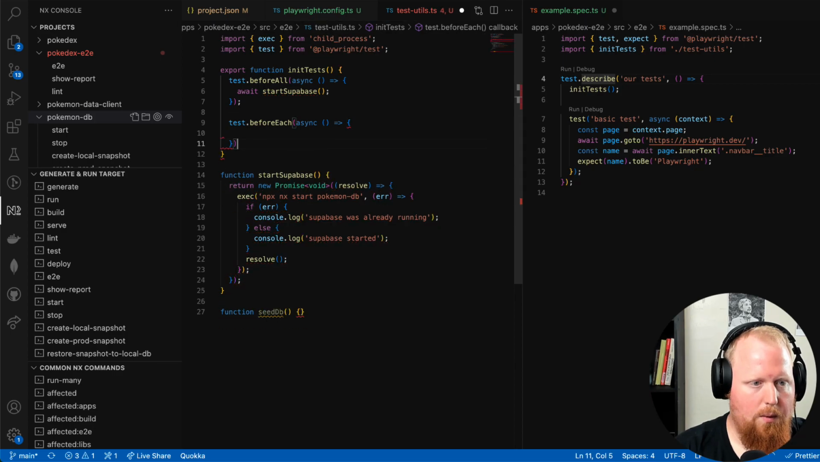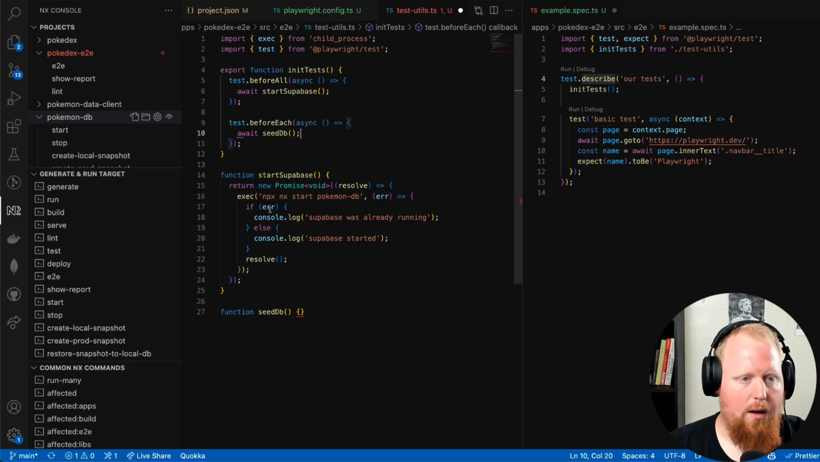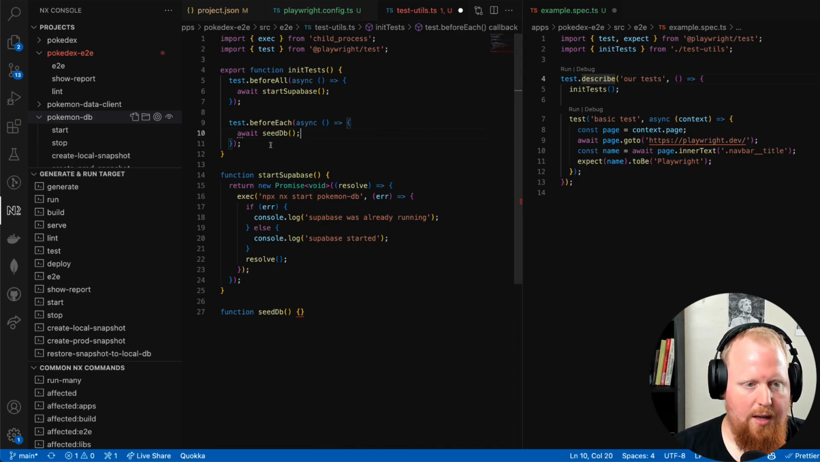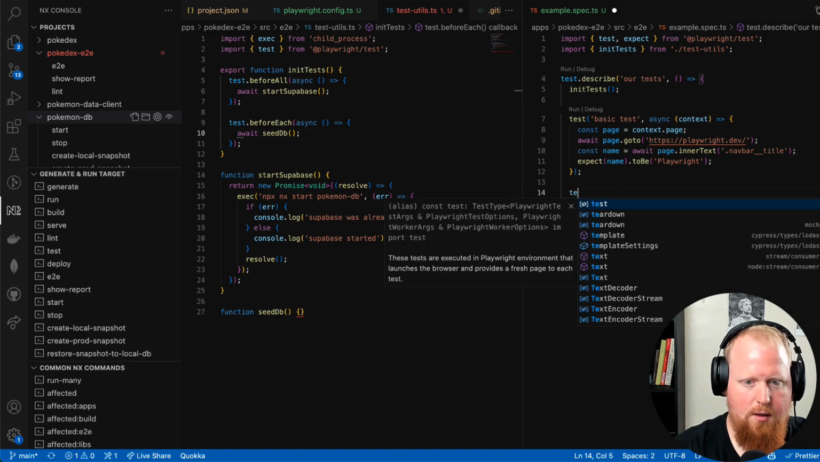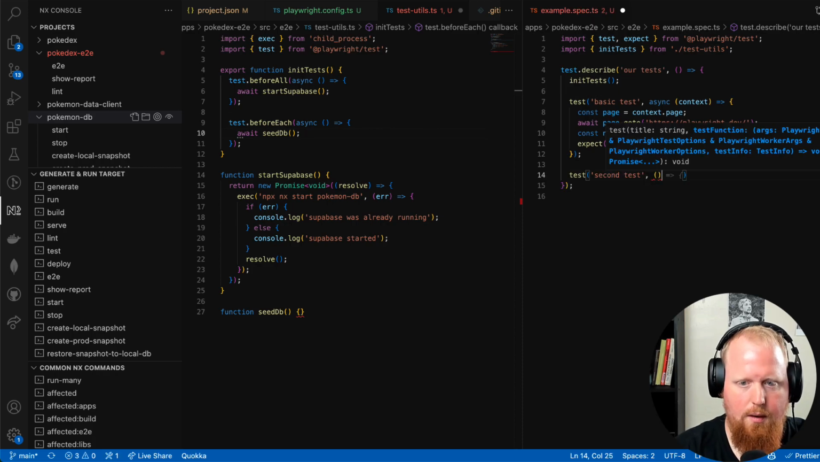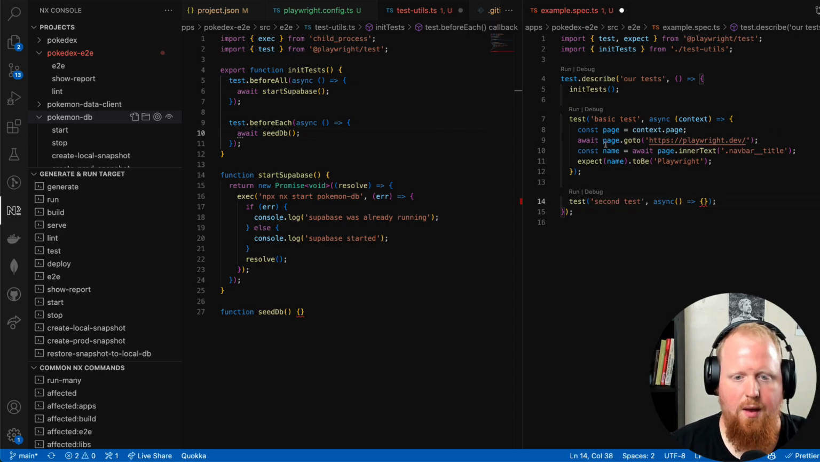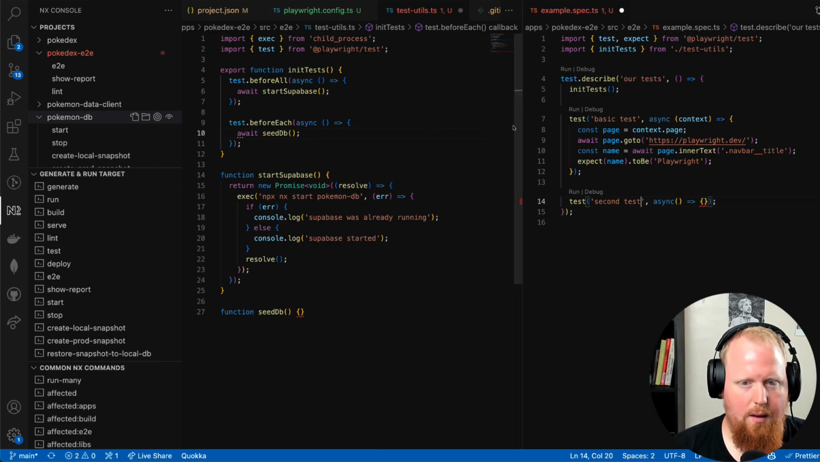And here we would just await seedDB, like so. This way, if we wanted to, we could add another before each hook. In this way, when we call initTests, in addition to starting Supabase before all the tests run, if we had another test here, say second test, async, just pass, do nothing there, right? So just by passing in an initTest here, it could set this all